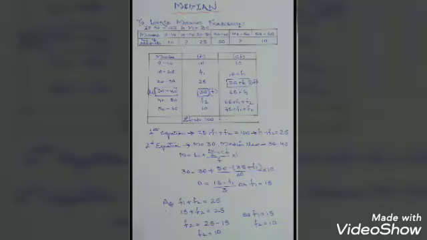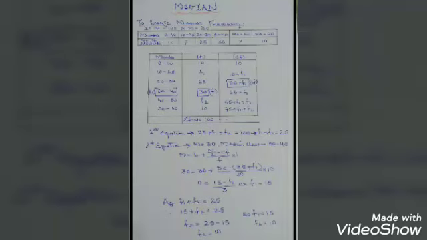If we see the number of students, the students with marks between 0 to 10 is 10. Between 10 to 20 is unknown, a question mark, that is a missing frequency. Between 20 to 30 is 25. Between 30 to 40 is 30. Between 40 to 50, again it's a question mark, this frequency is also missing, which we need to find out. And between 50 to 60 is 10.